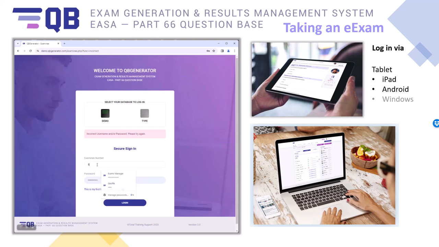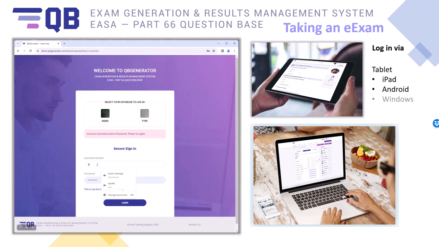I'd like to give you a brief overview of just what a powerful tool it is, what it does, its key features, and how it can help your training organization to streamline your exam management and delivery. QB is fully compliant with the Part 147 regulation and is approved by many aviation competent authorities and safety regulators worldwide. The QB Generator lets us administer aircraft maintenance exams to your trainees, in either paper or electronic